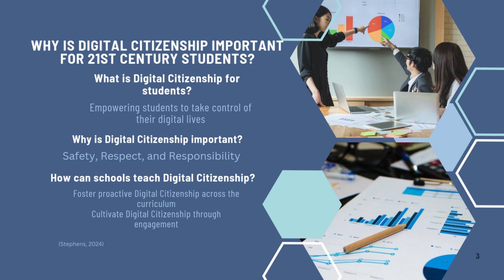Why is digital citizenship important? First is safety. When it comes to safety, we need to know where and when to draw the line on posting. For example, posting a first day of school photo in front of a school sign is a common innocent misstep. We need to exercise caution regarding sharing the ins and outs of our daily lives and protecting our personal identity information.